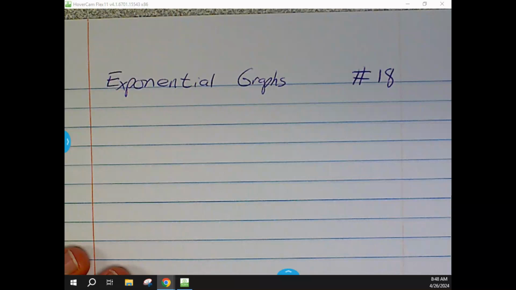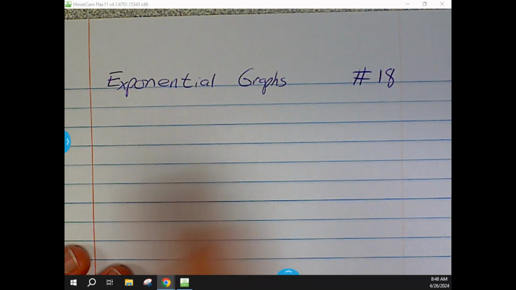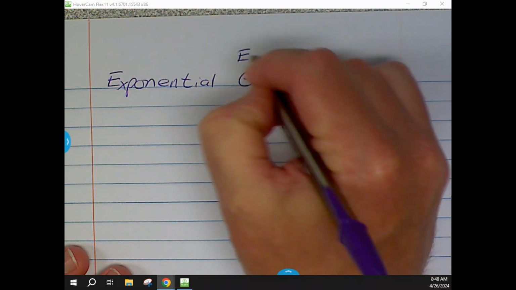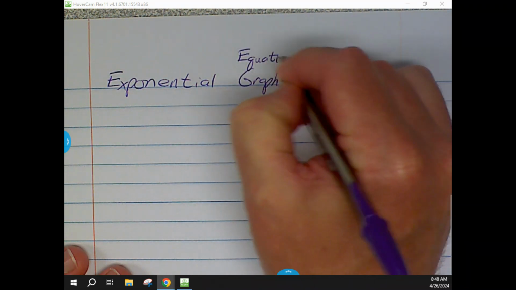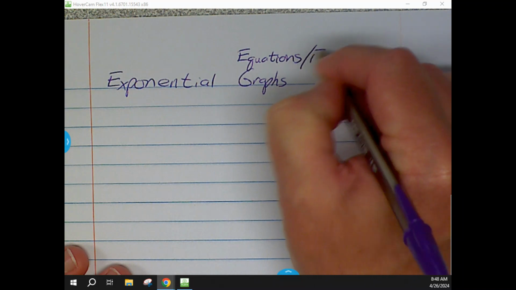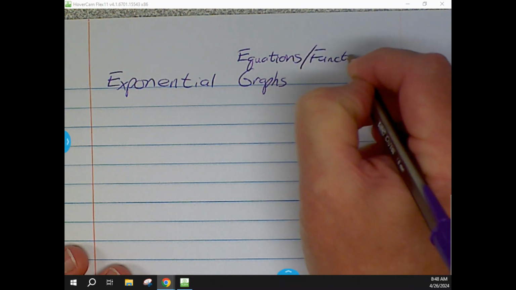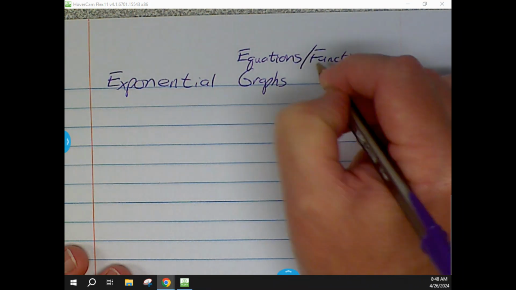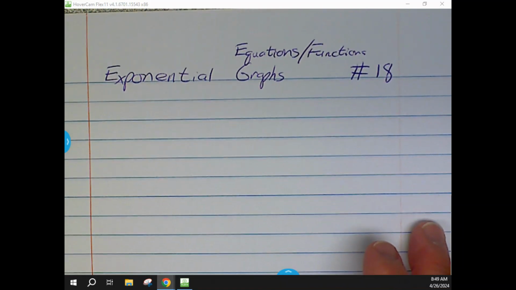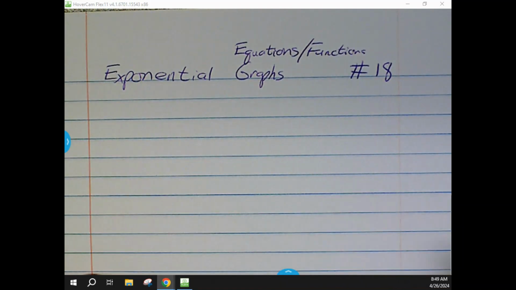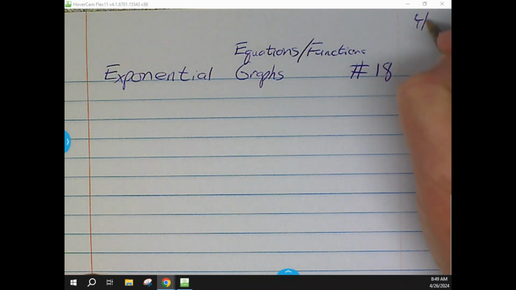Okay, exponential graphs. With the exponential graphs, we're also throwing in exponential equations and exponential functions. So it's all those things, and we'll look at each different little aspect of exponentials. That's the big thing we're looking at today. Okay, the big thing that we have